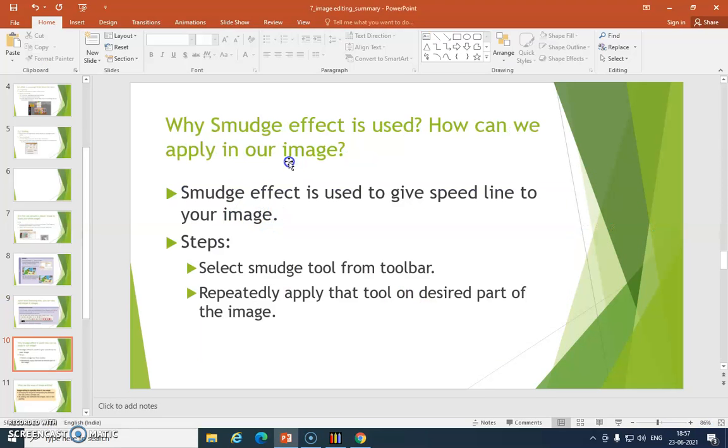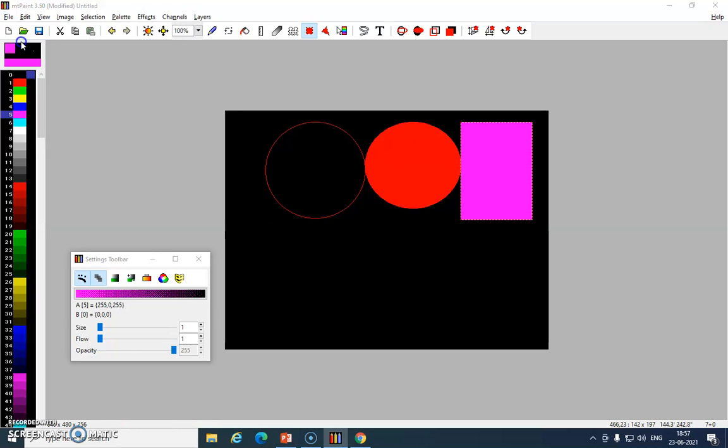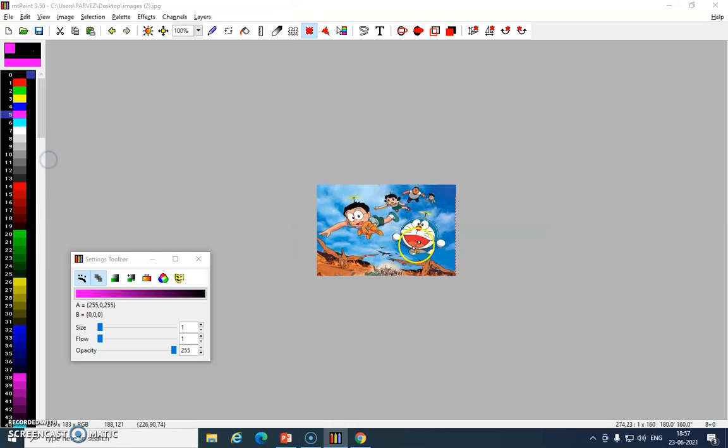Smudge effect. How can you use smudge effect? Smudge effect is used to give speed line to your image. For that I will use an image. Okay, I will do scaling.